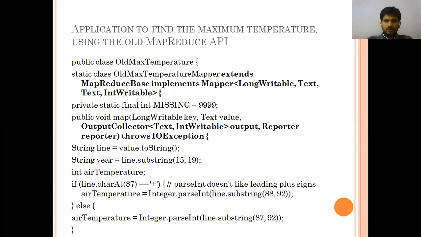This is the old program. In the old program, what were the things in bold? That was in the old content. The class name is also WorldMaxTemperature. How are we going to use it? These are the same lines. If you remember the previous program, these lines are the same. What are the things we included in bold? These are the old APIs contained like this.